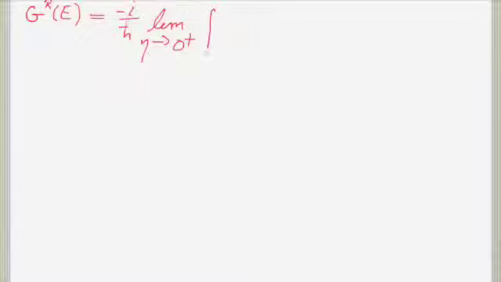Remember, this Green function in the time domain is defined with that unit step function, theta of t minus t prime, and so that gives us this bottom limit, integral from 0 to infinity, d of (t minus t prime), e to the minus i H (t minus t prime) over h bar,